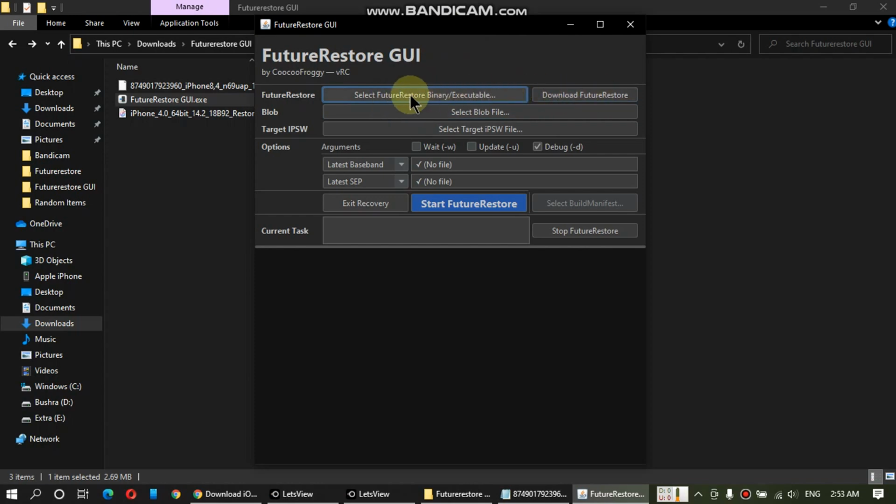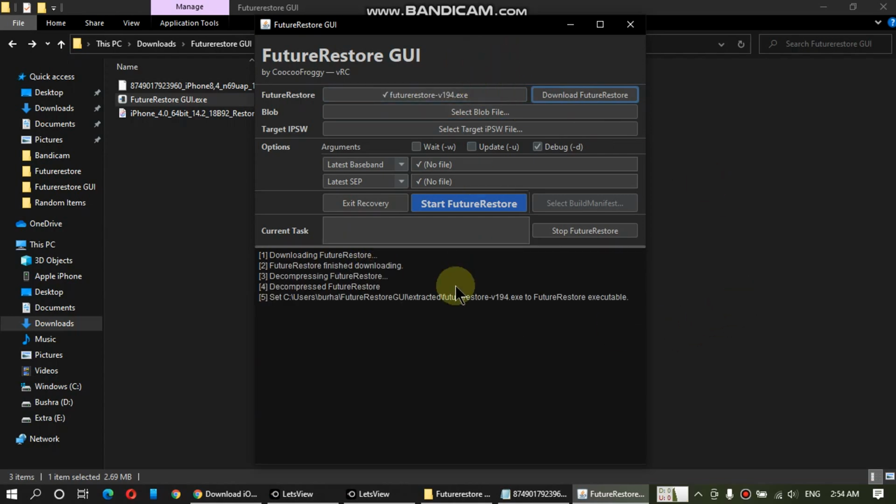So first of all, download Future Restore. You will see that it is now downloading Future Restore. It has automatically downloaded the latest version of Future Restore, which is Future Restore version 194.